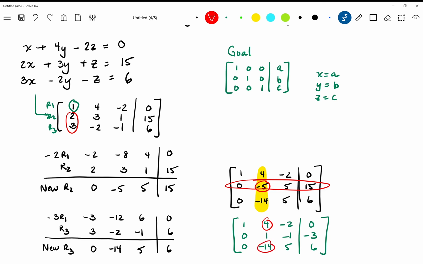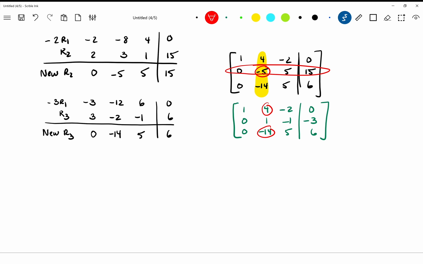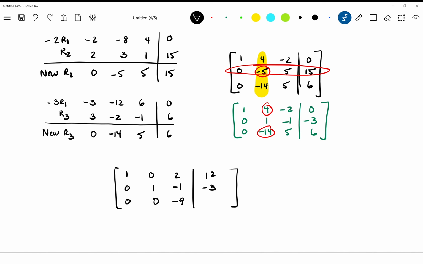So what I'd like you to do is pause this video and work on the row operations. And then once you unpause it, what you'll see is the result after you do those row operations. So go ahead and pause. Okay, welcome back. I'm going to write down the matrix you should get after doing the row operations there. That matrix should be 1, 0, 2, 12, 0, 1, -1, -3, and 0, 0, -9,